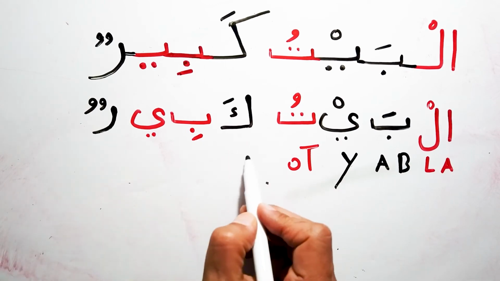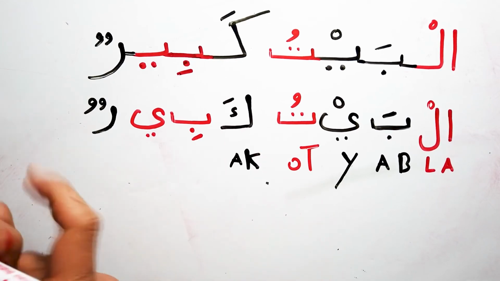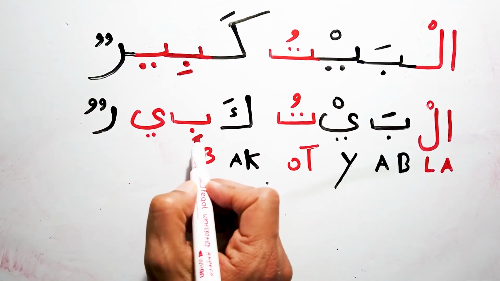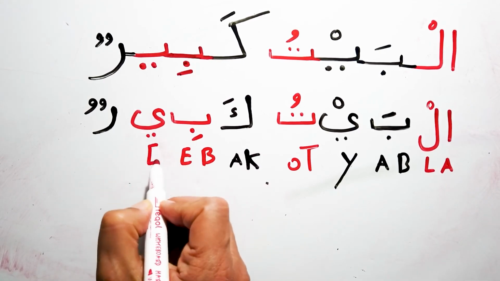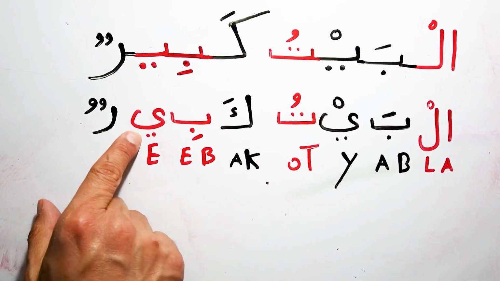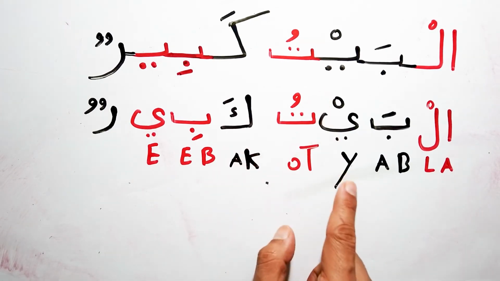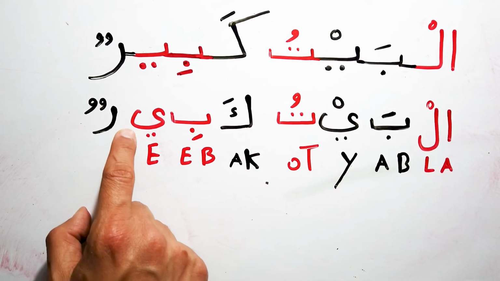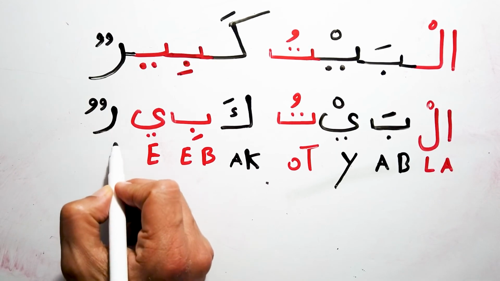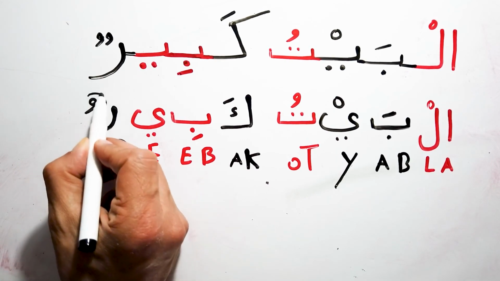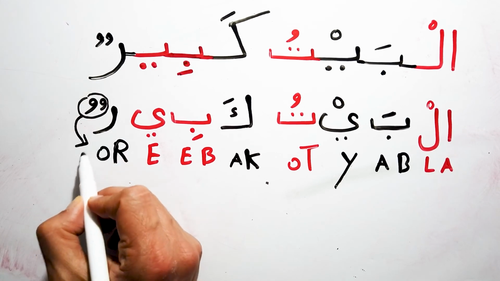K. That one sounds like letter K. This mark sounds like letter A, K. And then we have this one that sounds like B. And this mark under it sounds like E. And then here, this letter sounds like E. Pay attention, I said this letter can sound like E or Y. When it has this on the top, sukun, it sounds like Y. When it doesn't have anything, it sounds like E, okay? And then in the end, we have this letter that sounds like R, but when I add this mark, I had to add to the word this sound, O and N.